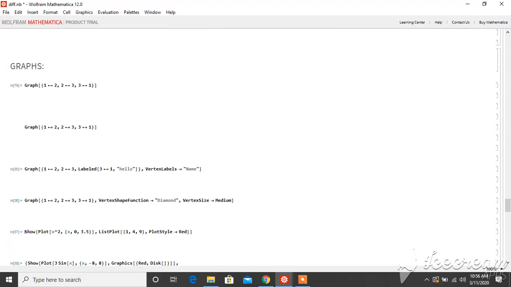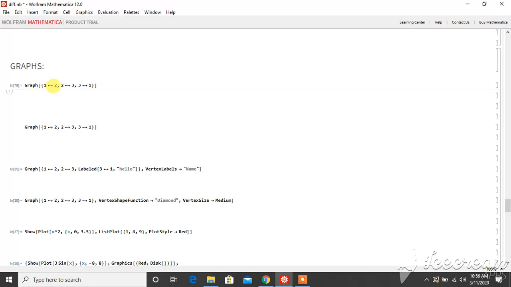If we talk about graphs, graphs are a set of nodes joined by edges, and they are very easy to create. The syntax for a graph is the function name Graph, and this is the list of connections between the nodes.